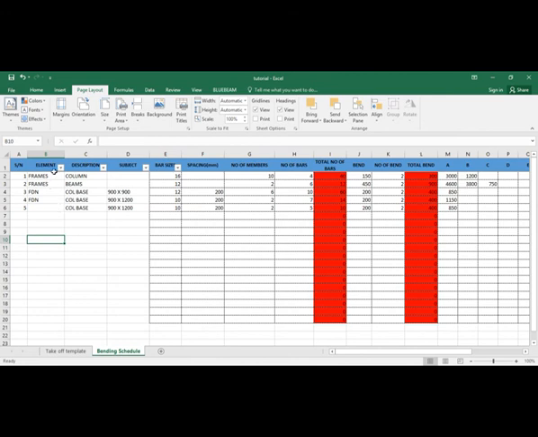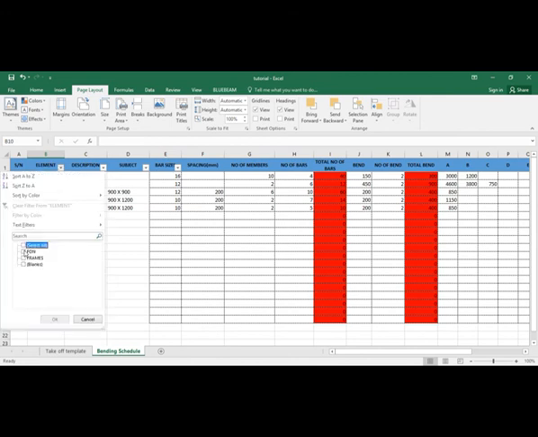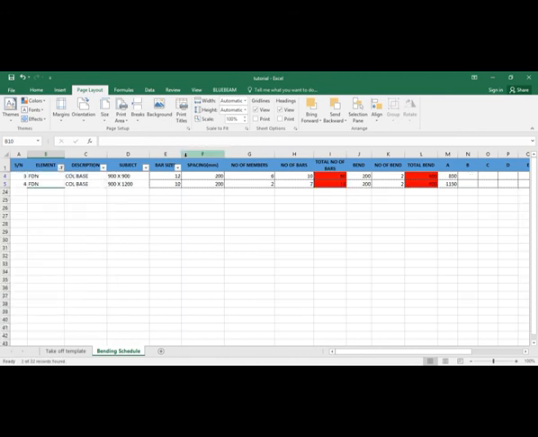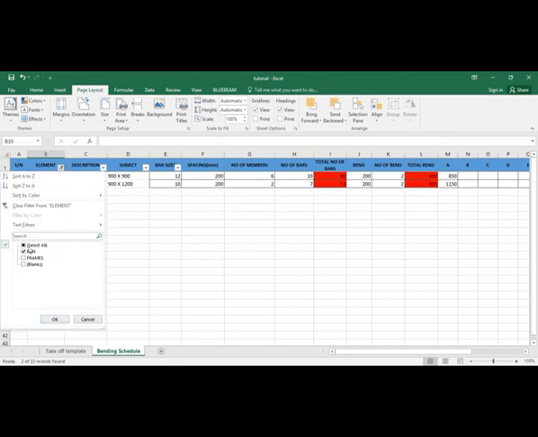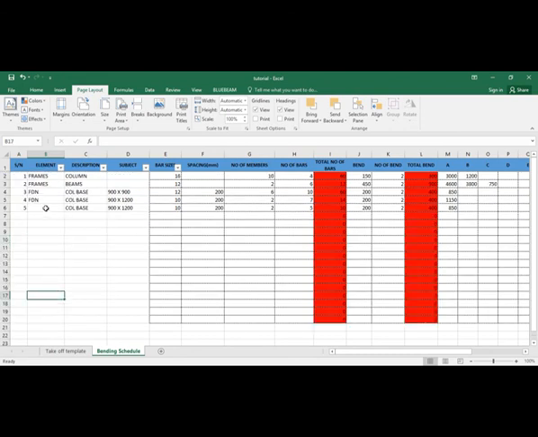This one will be left out. You can see why you always have to ensure that you fill up, you don't leave any blank cell. Everything has to be according to